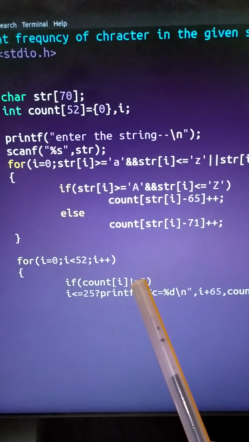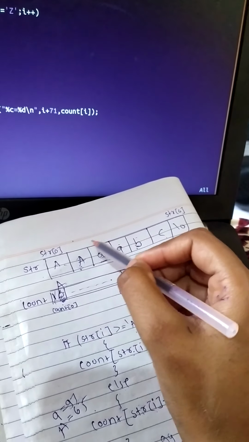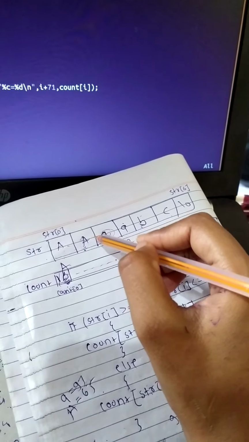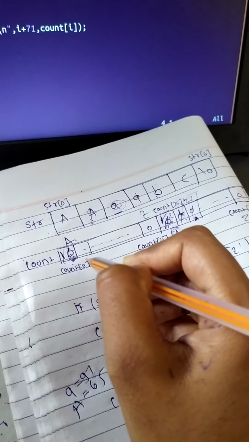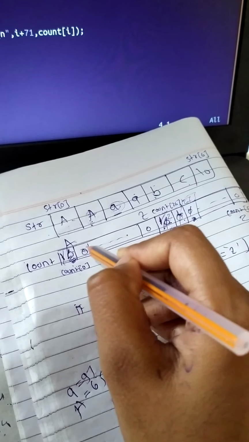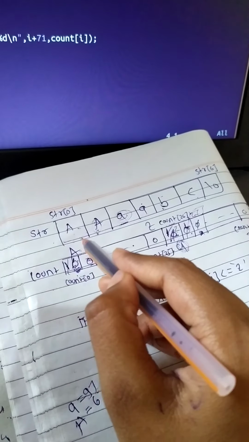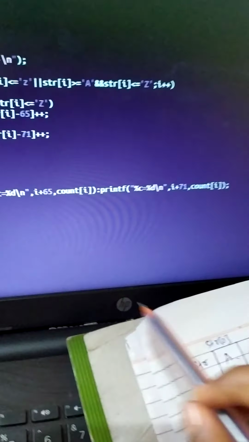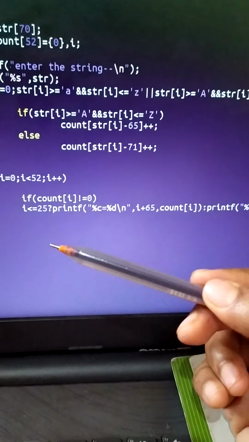If count of I is not equal to 0, because in this string other characters are missing, like capital B, capital C. For such a character, the index count is 0, still 0. We don't want to show the 0, we want only characters that occur at least 1 time, not 0 times. So I kept here, if count is not equal to 0, meaning at least once.